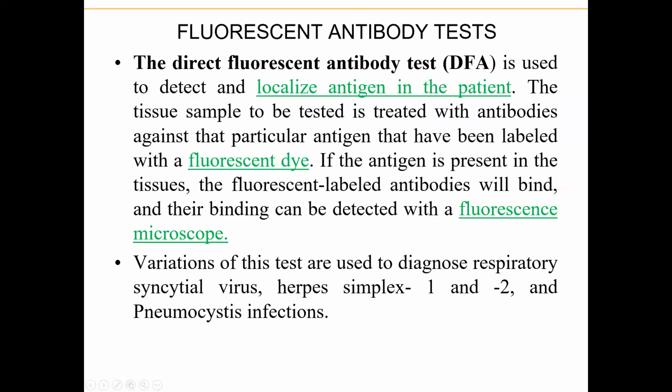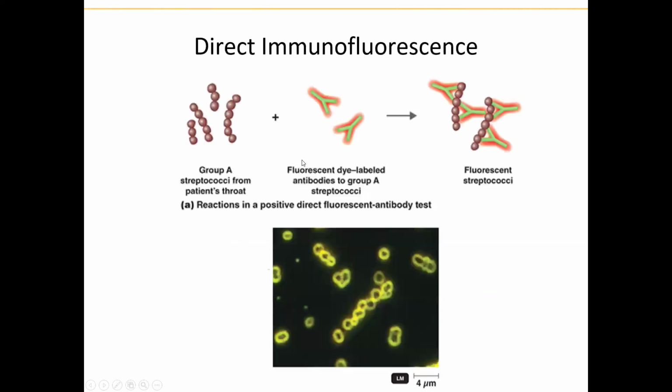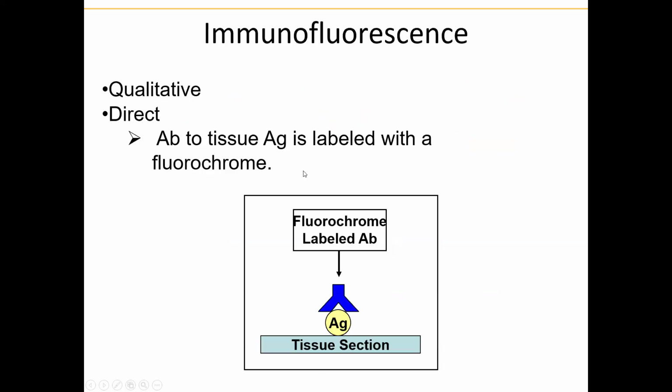So there are other fluorescent antibody tests. We use direct immunofluorescent assays, like fluorescent antibody testing, to detect localized antigen in the patient. You can see how things go. The tissue sections contain the antigen, and the antibody to the tissue antigen is labeled with the fluorochrome. That's how it goes. So it binds and emits